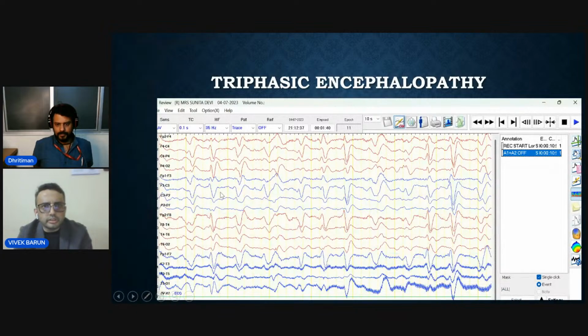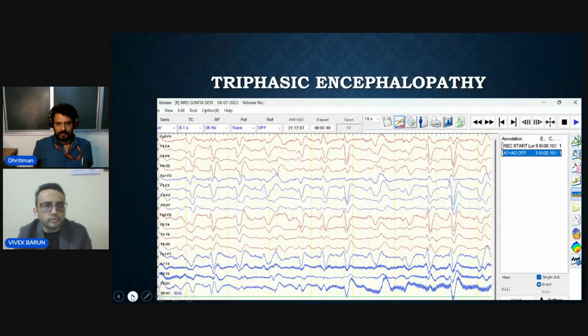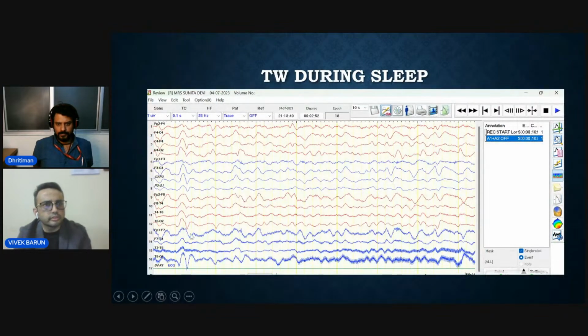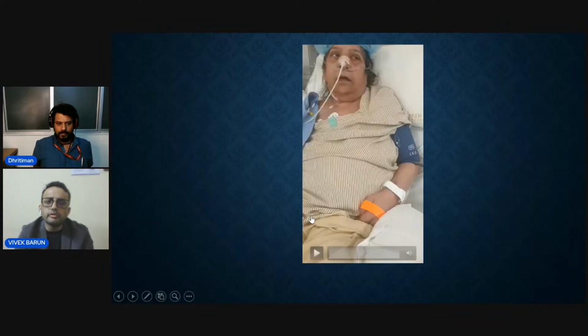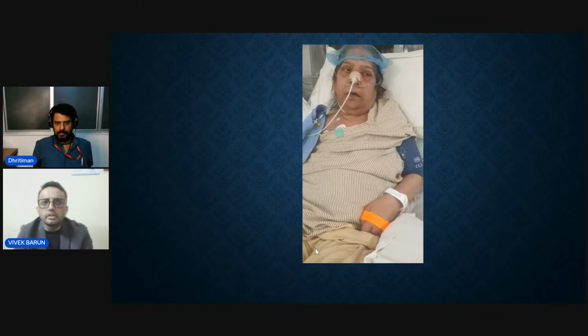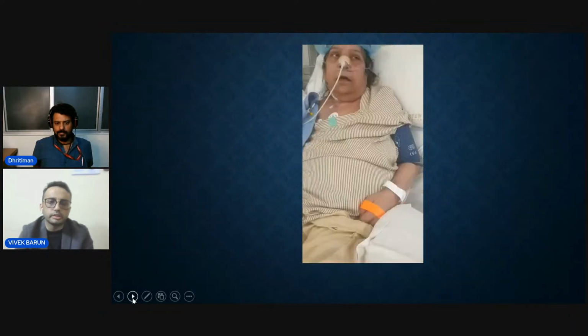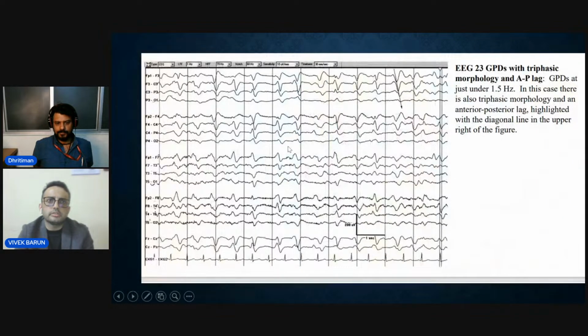Again, one patient with triphasic encephalopathy, I will show you that in sleep the triphasic waves, which were very florid, disappeared. You can see no triphasic waves. So that itself suggests that it was not ictal. So this is the patient for whom we got a call. She was having generalized tremor kind of thing, and she was confused also because of narcosis. Then we did EEG, and we spoke with the medicine people that this is not ictal. This is again the schematic representation of the generalized periodic discharge